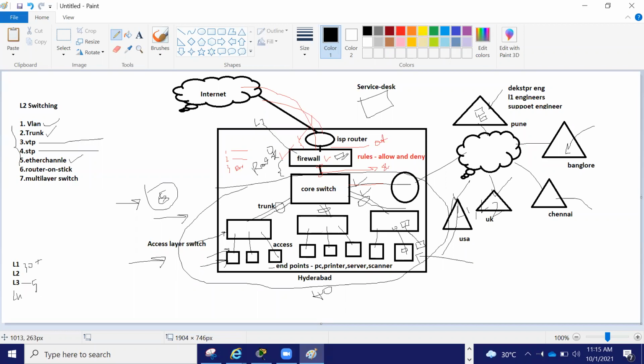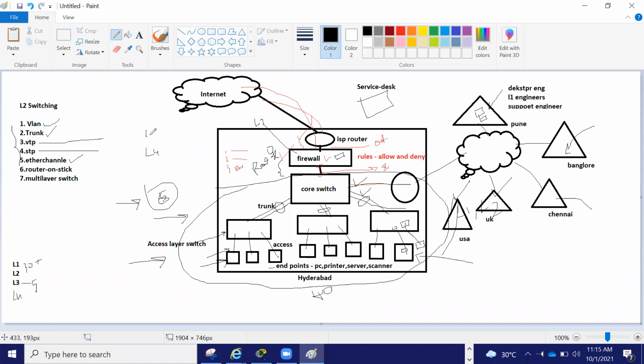So the firewall is layer 7. Nowadays layer 7 firewalls are there. Layer 7 means they do the same, but they have the capability to understand the layer 7 application also. And this is a huge scope. I am the SME of firewall, from L4 to L7.